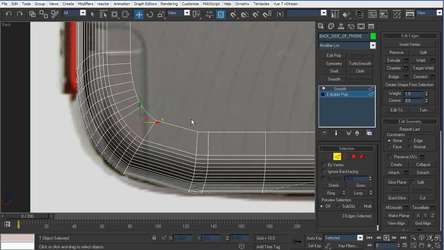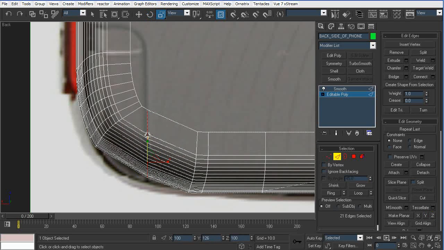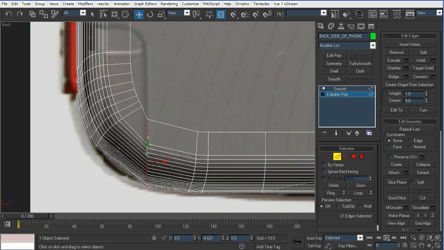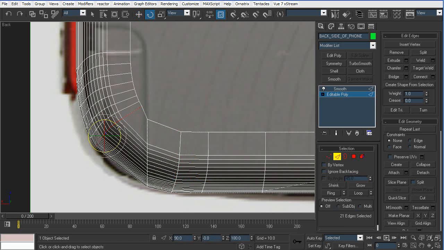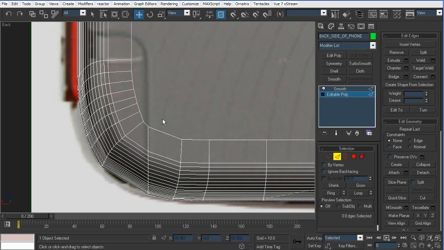Select those two and remove them. Now we have a pretty nice straight edge, which we should make like so, and scale a bit. There we go. Now we can always add as much detail as we want to add, so that's not going to be a problem here. The main problem we need to solve is how to make the stylus, and now I'm going to show you